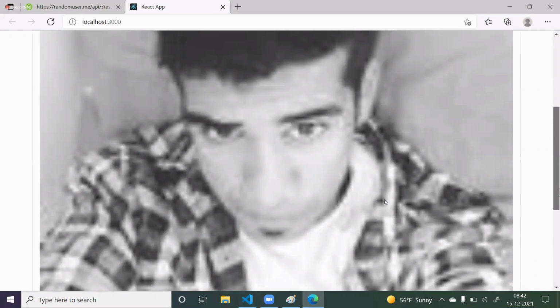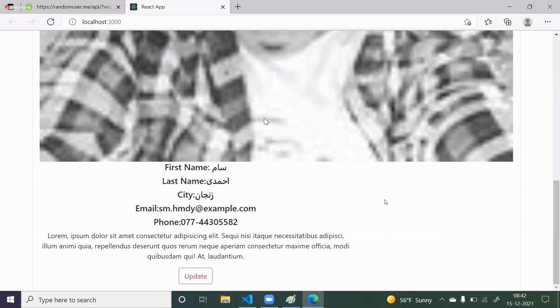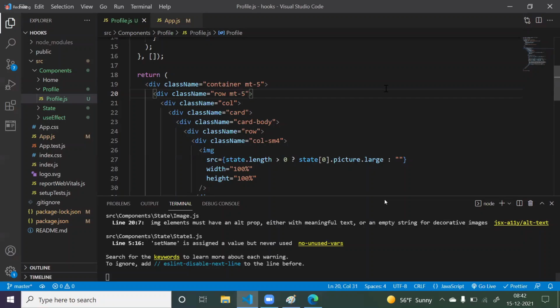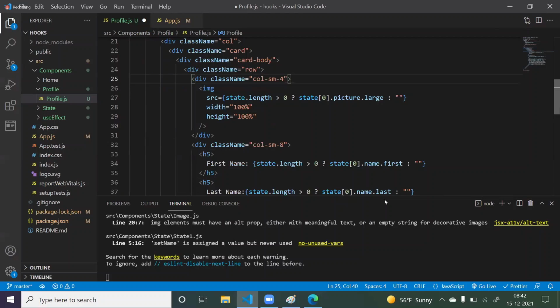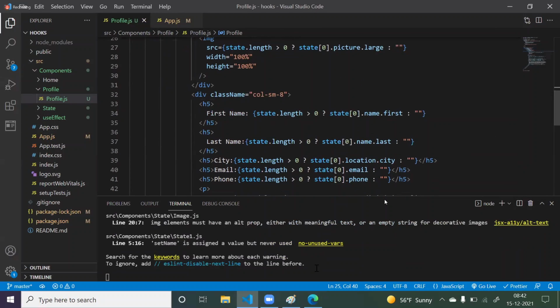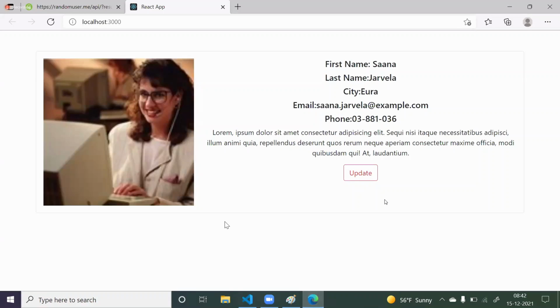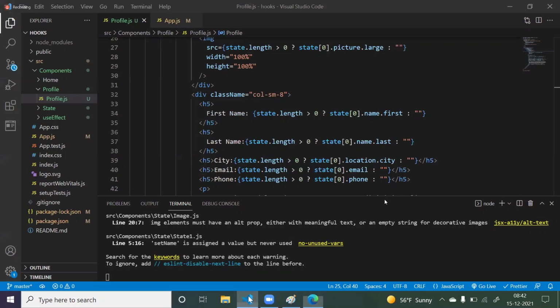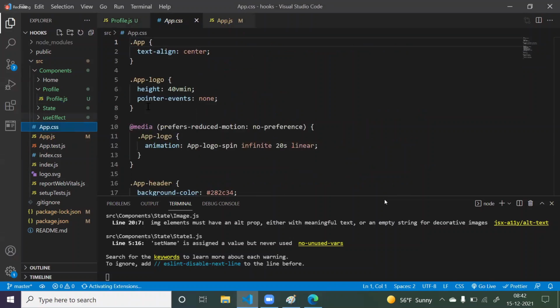We got this kind of image, but it should not come like this. It should come something like this. Now again, everything is coming in the center. The reason is this app.css.